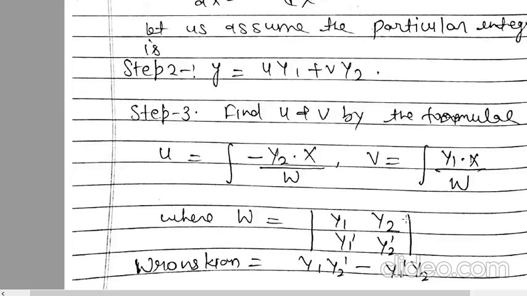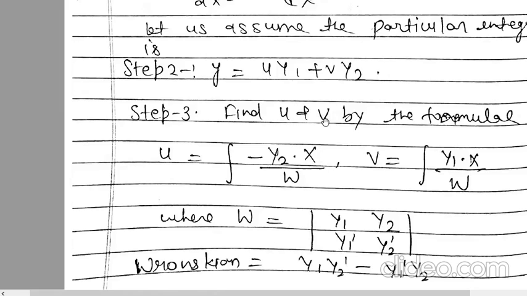So you guys also use the direct formula of u and v. No need to write the proof and all these things, right? So what is W? Wronskian. What is the Wronskian? y1, y2, y1 dash, y2 dash, and this is your determinant. If your Wronskian is 0, that means the variables are linearly dependent. If your Wronskian does not equal 0, that means your variables are independent, right?